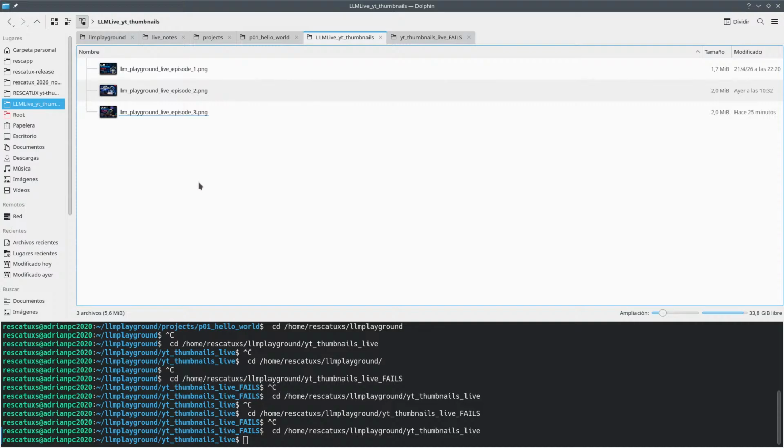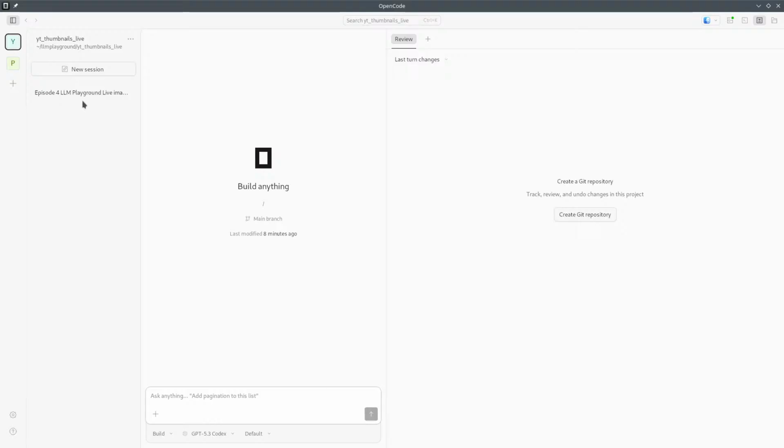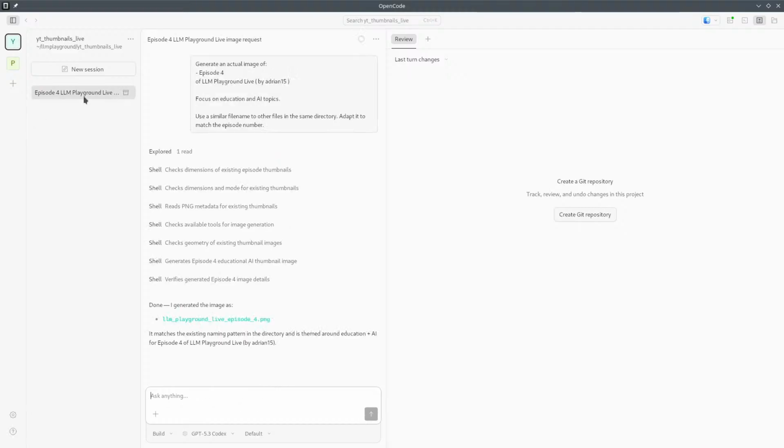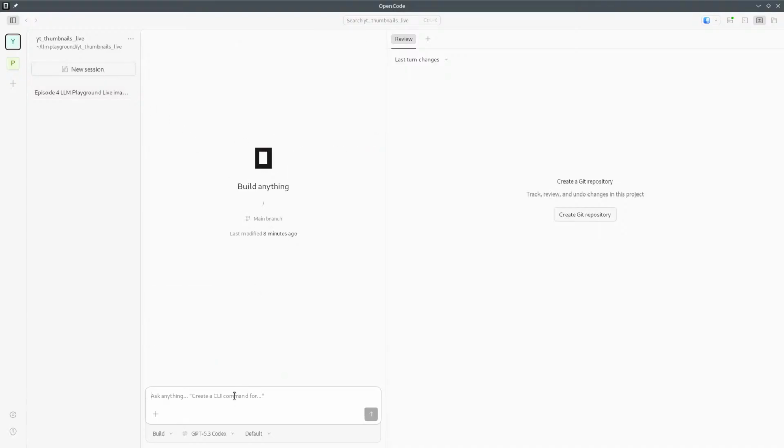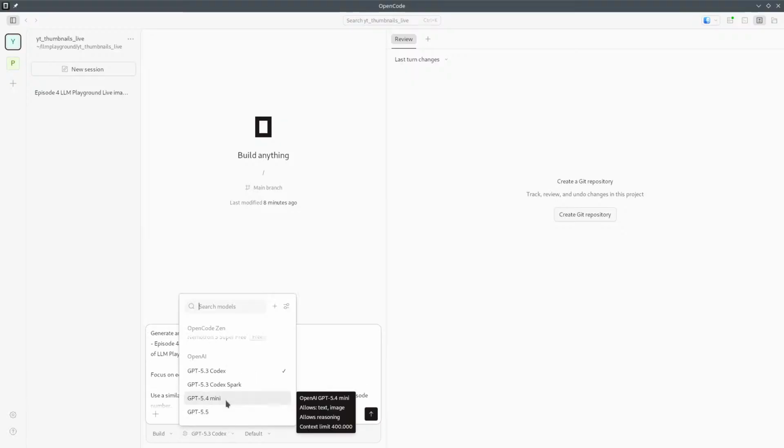Yeah, okay, so we have removed this image from here, and I can open a new session in the same project, and I'm going to just copy and paste what I have here. But the difference is going to be that I'm going to use GPT 4. Sorry, 5.5. I'm going to use GPT 5.4 mini,